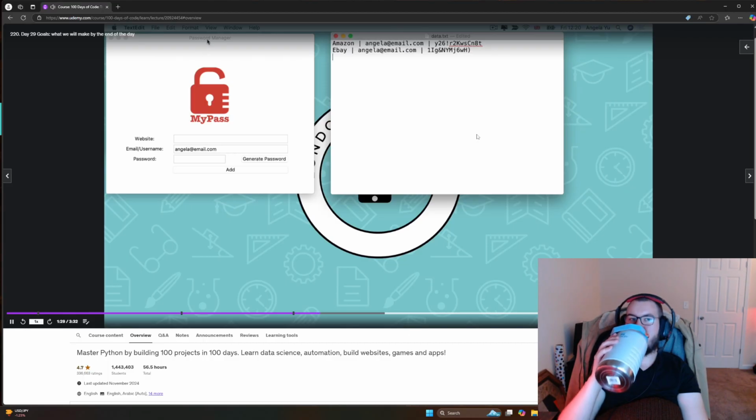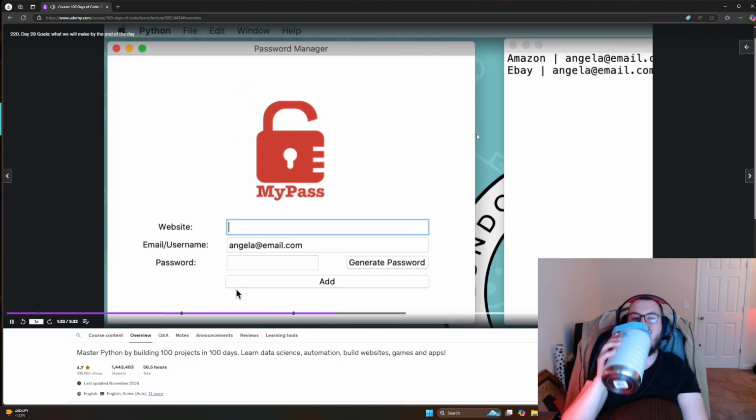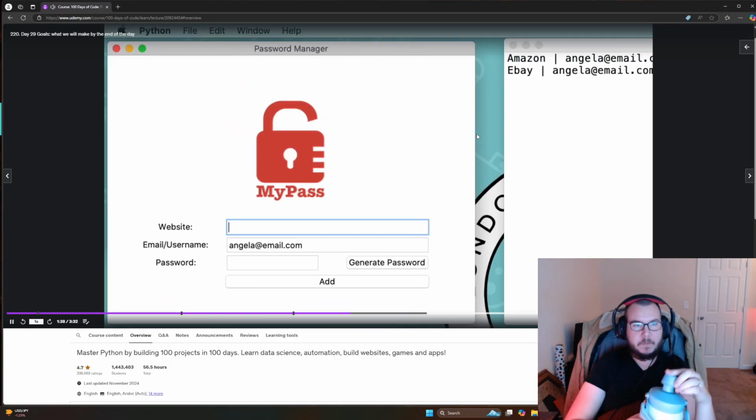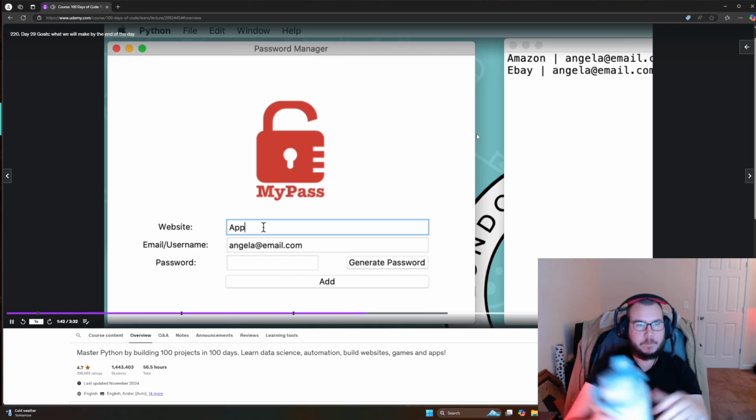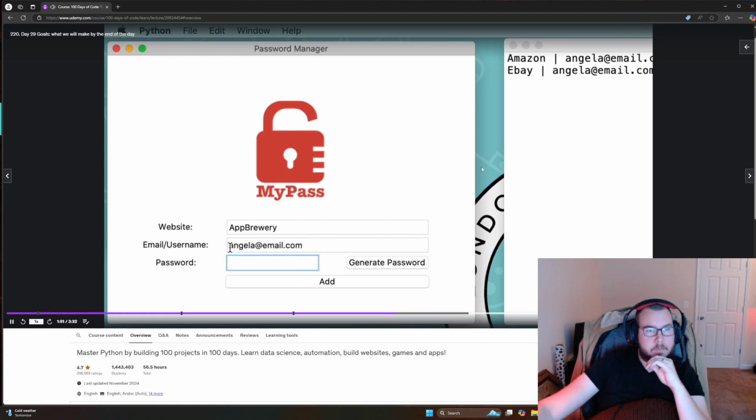So we're going to be creating a program to combat that. And it's going to be called MyPass, our password manager. And we're going to use it to store and generate passwords. For example, if I wanted to create an account on App Brewery, then I enter the name of the website so that I know what this password is for. I put in my email and username is already pre-populated in my password manager. And then all I have to do is to either come up with a password that is hopefully not terrible,